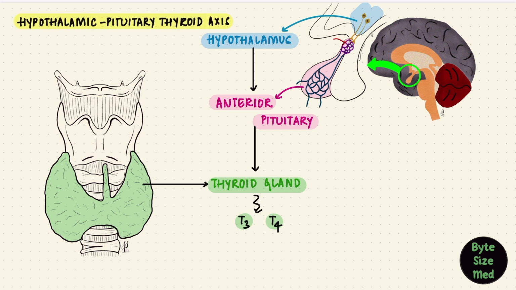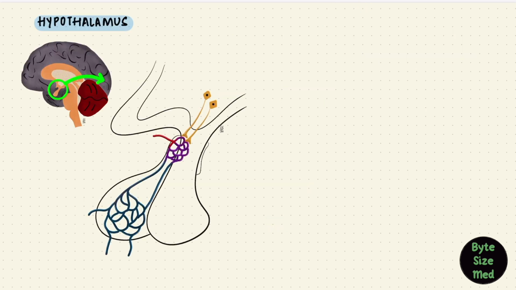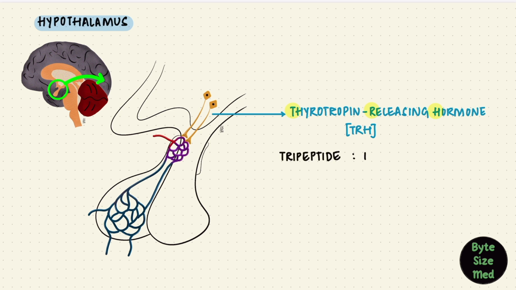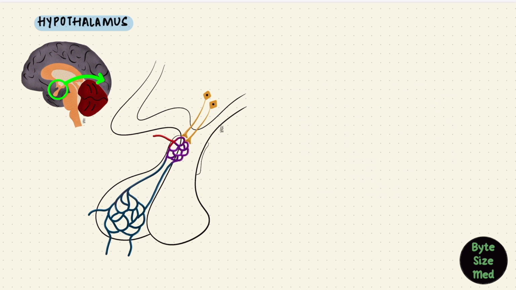And we're going to start at the top with the hypothalamus. The hypothalamus in the brain produces a thyrotropin releasing hormone. That's TRH for short. Now, I know terms like this can get confusing, but at the end of the video, I'll try and help you out with them. Bear with me for now. This is a tripeptide derived from 3 amino acids: glutamic acid, histidine, and proline. And this TRH comes from the hypothalamus.